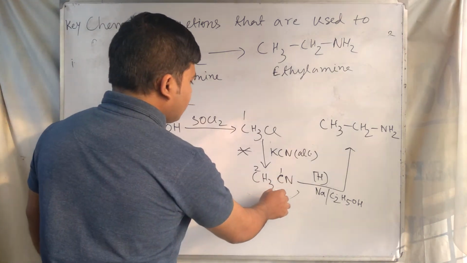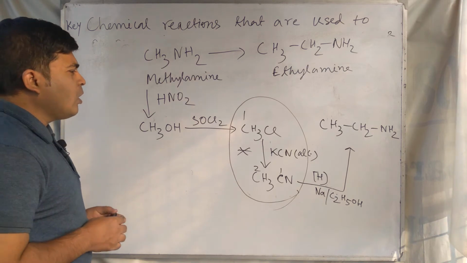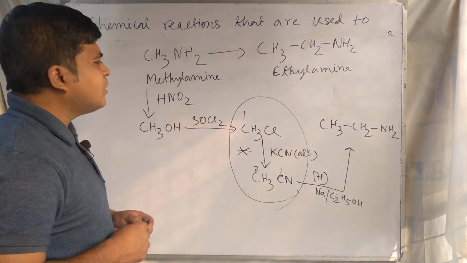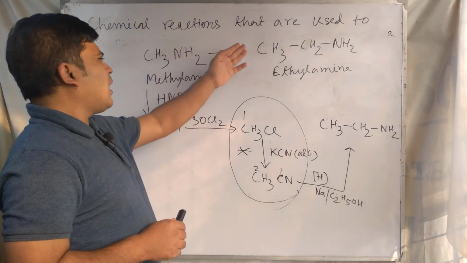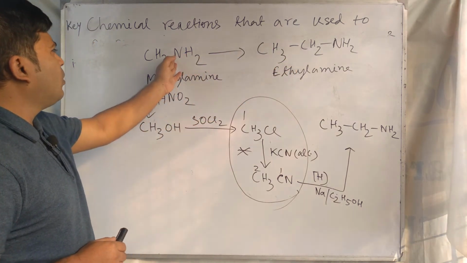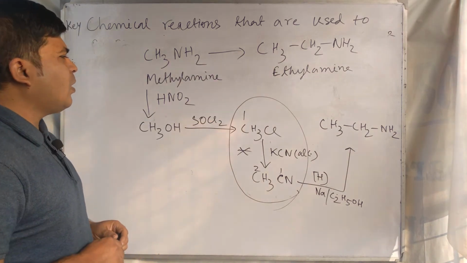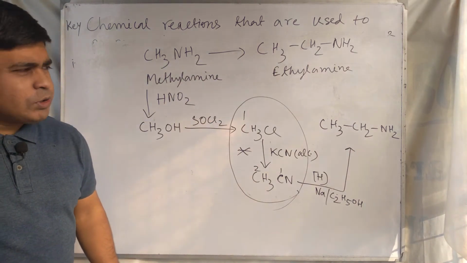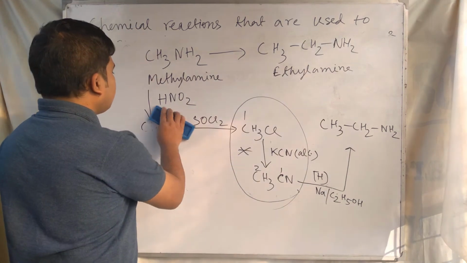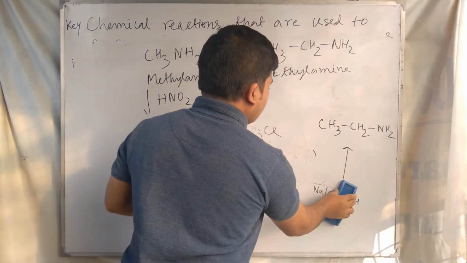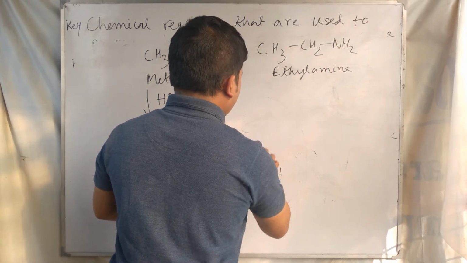So here in this step we use the key reaction, that is the nitrile reaction, to prepare a higher homologue of the compound. This one is the higher homologue of this compound, this is the lower member to change to higher member. So here we use the nitrile method to step up this conversion. Next we use another method, the Birch reaction method, to step up the organic compounds.